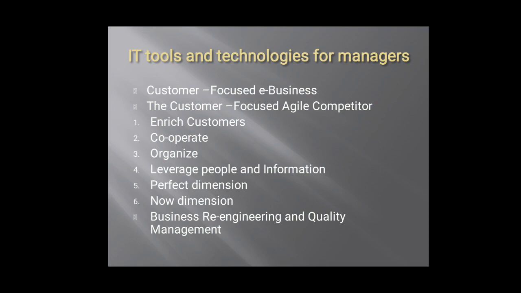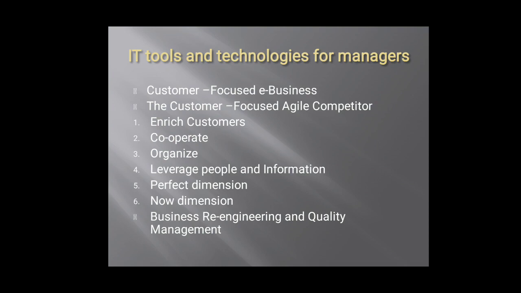The next is perfect decisions. Perfect decisions emphasize that products and services should not only be defect free, they should not have any problem, but should also be enhanced by customization. Whatever the needs of the customers are should be fulfilled. Now the next is 24 by 7 accessibility. A person should be able to purchase the products anytime, that is 24 hours of all the 7 days. This is one thing.